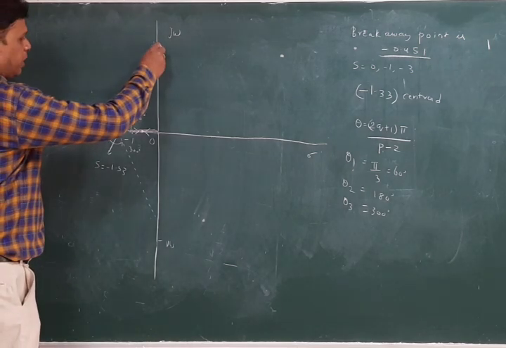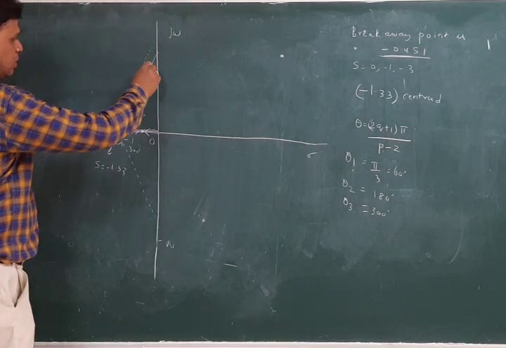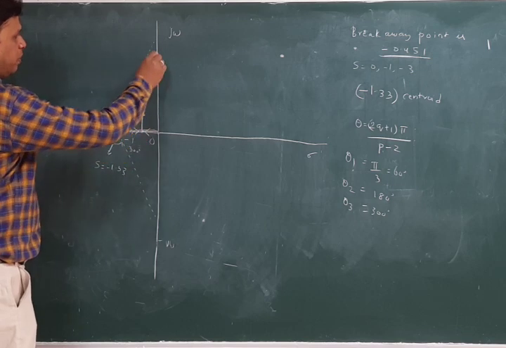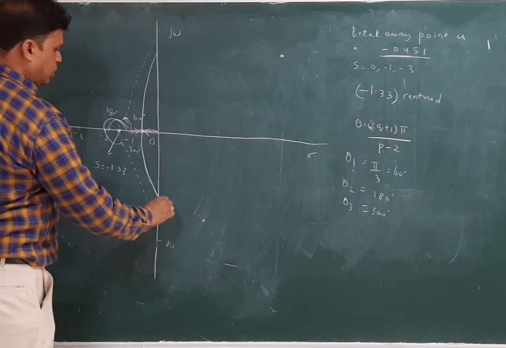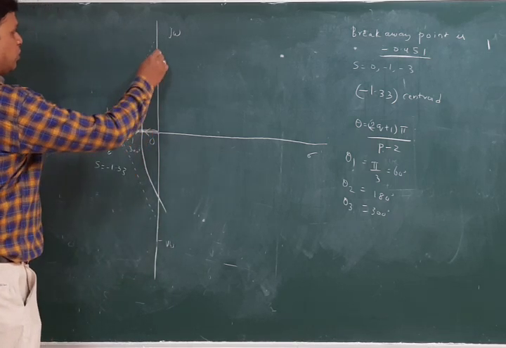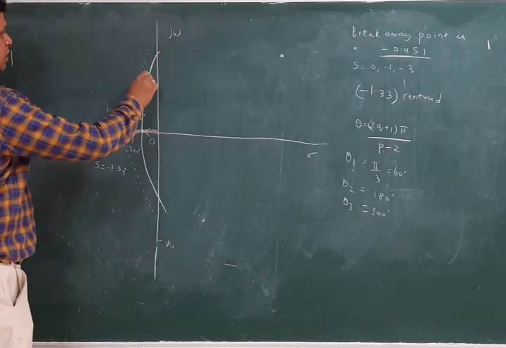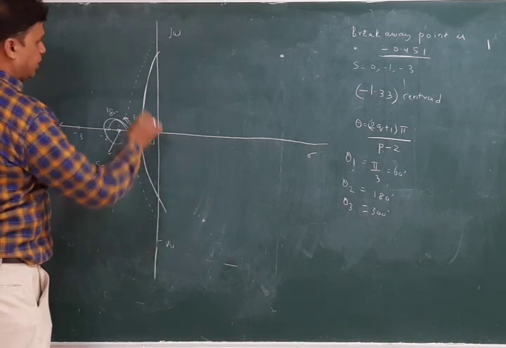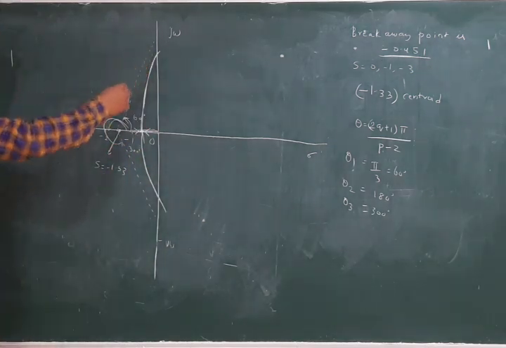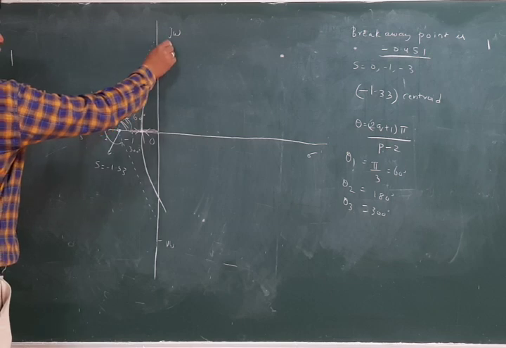So you have to draw that particular line like this. It should be parallel like this, and it is cutting here, and it should draw the imaginary axis. So you draw this line which goes through the breakaway point here, and it is crossing the imaginary axis on both sides, positive imaginary axis and negative imaginary axis, it is cutting there.